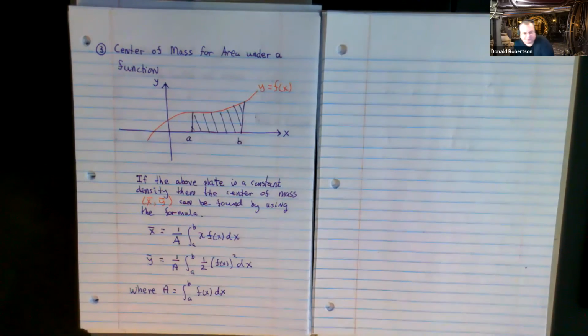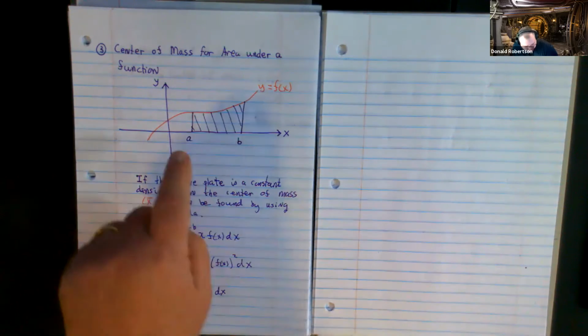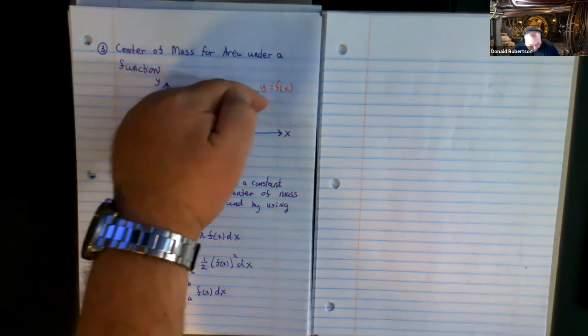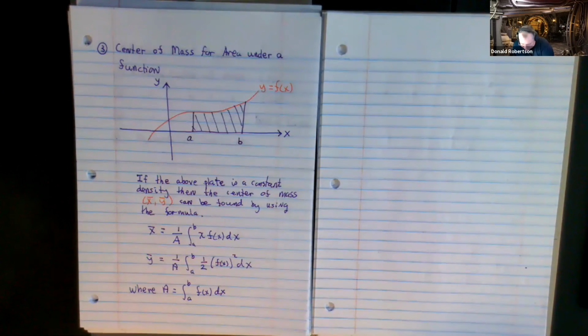Now we're going to do the center of mass of the area under a curve. And I guess the good news is there isn't an M in sight. But there are quite a lot of integrals going on. So what do we mean when we ask you to find the center of mass for the area under a curve, area under a function? Can you imagine y equals f of x from A to B? There's the area. Now, what I would like to know is the center of mass, right?